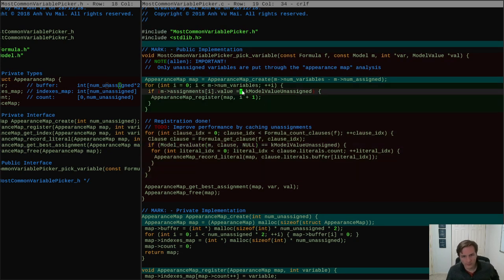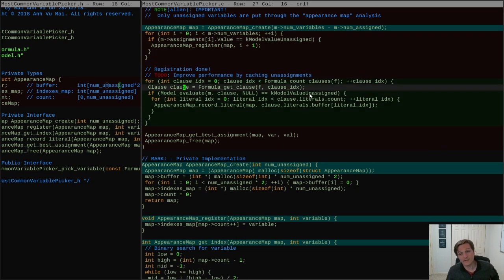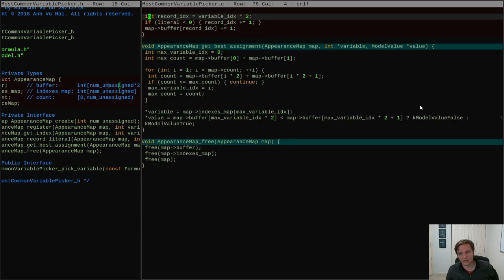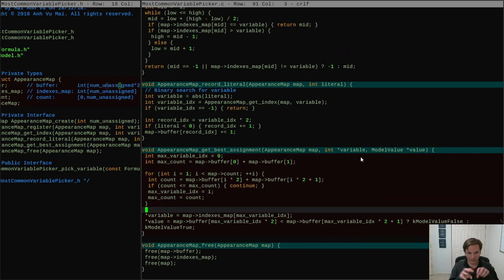So yes, we look at all of the unassigned variables, we look at all of the unassigned clauses, and we run a little competition to see which unassigned variable has the most influence over all of the remaining unassigned clauses, and we assign it its most popular outcome, right? If it would rather be true or false. Now, if those are very close to each other, the heuristic is interesting, right? If it's the most popular variable, it might be that its true and false appearances are very similar in their numbers still, and so it might not be obvious that one or the other is more likely to